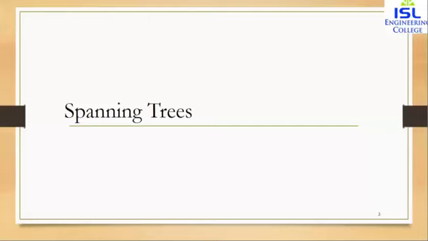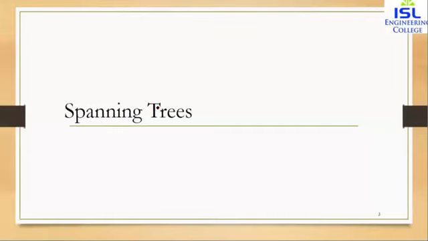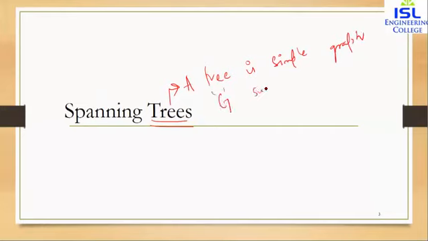Good morning. In today's class, we will study a special kind of graph which is known as a tree. Before studying the topic, spanning trees, we have to know what this term tree means. Basically, a tree is a simple graph. If you remember the definition of a simple graph, it is a graph with no multi-edges or loops. So a tree is a simple graph G such that